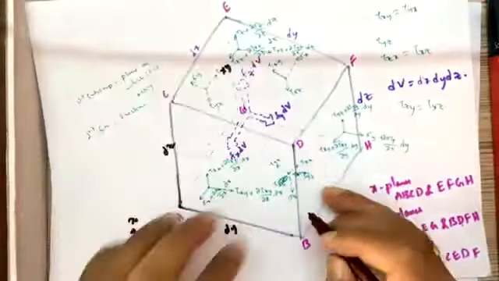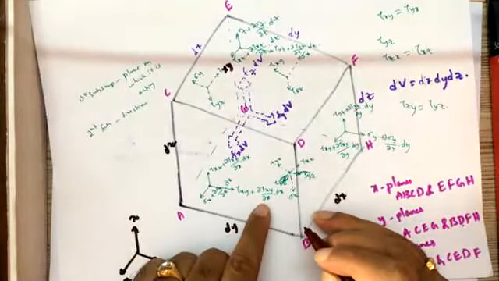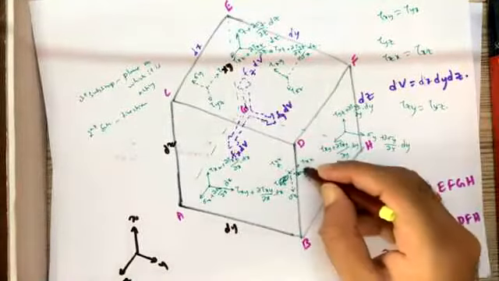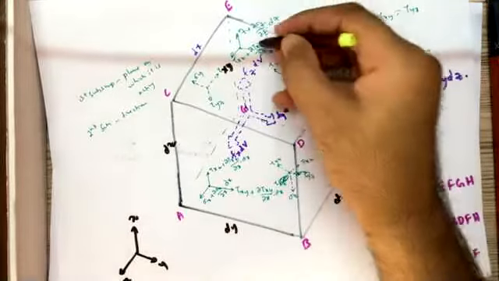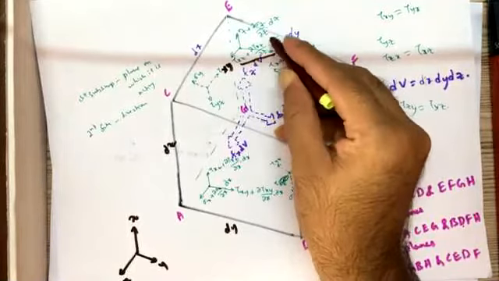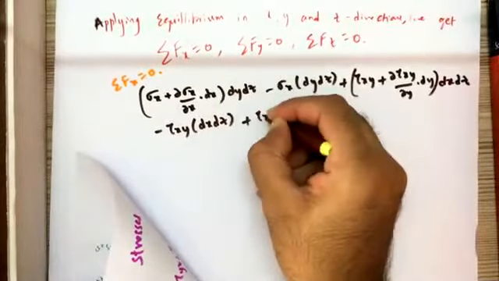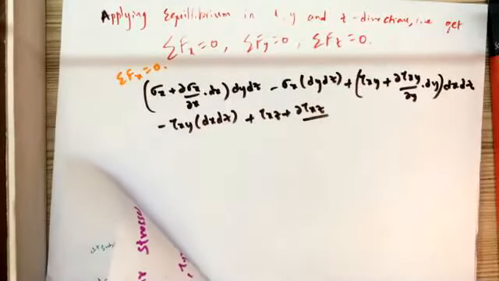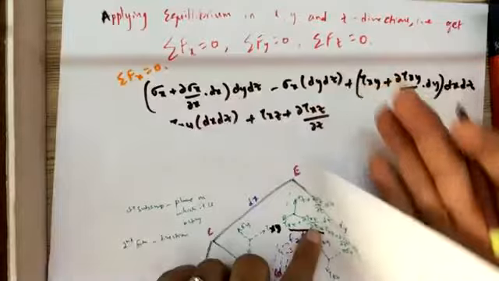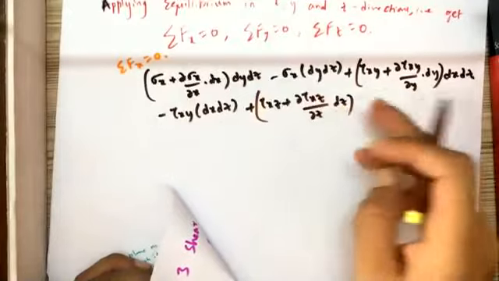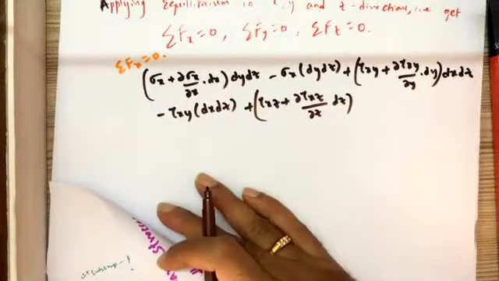Now coming back to the z plane, sorry, not z direction, z plane. On the z plane, what is the stress acting in the x direction? Look at this, tau xz. This is in the negative direction and this is in the positive direction. Tau xz plus dou tau xz by dou z into dz is in the positive direction. Since we are looking at the z plane, you will be having dx into dy.